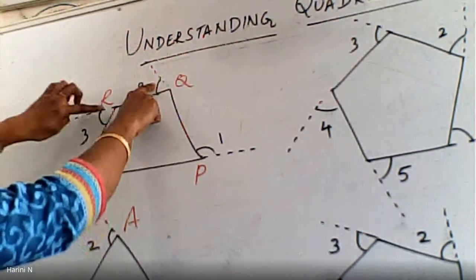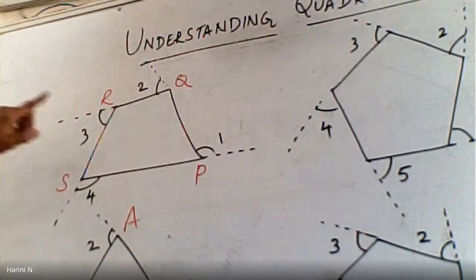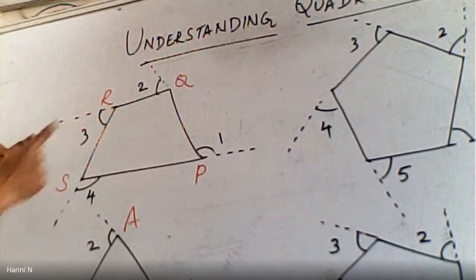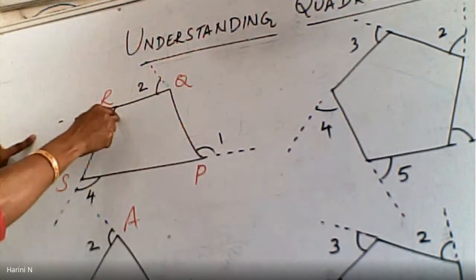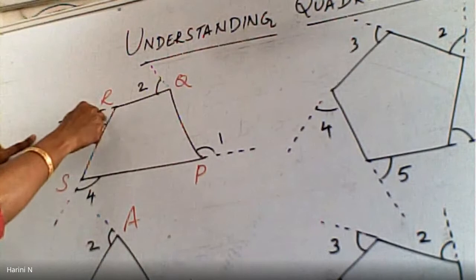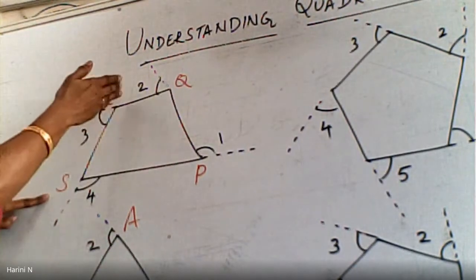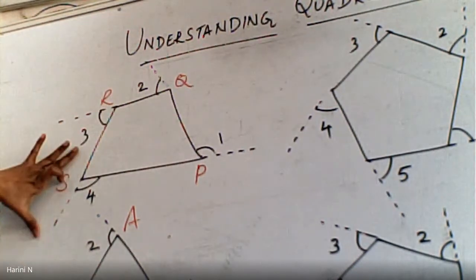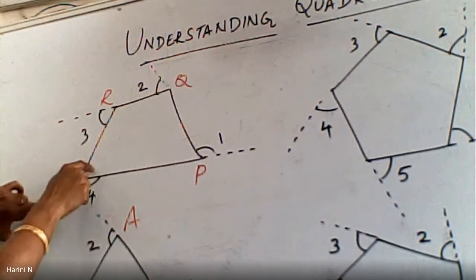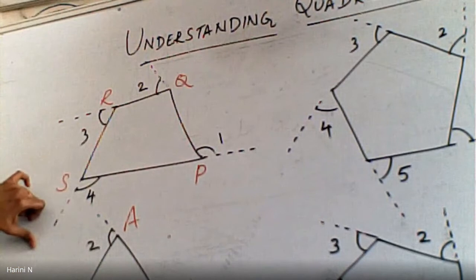Alright. Now coming to R. This side is extended. Now you have to come like this. Place the scale on RQ and draw dotted lines. So this is the interior angle for R. Its adjacent angle should be the exterior angle. Then to S, you will keep your scale and extend like this. Alright. Once you have extended, the dotted lines will be there. This is your interior angle. There must be a common arm. The adjacent angle will become your exterior angle.